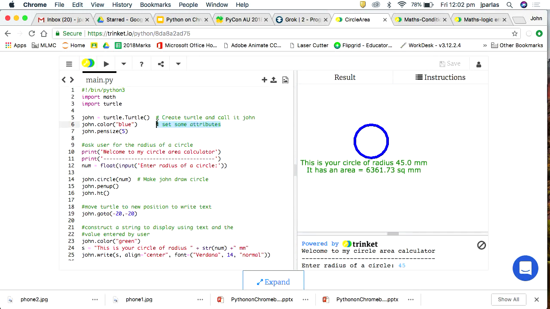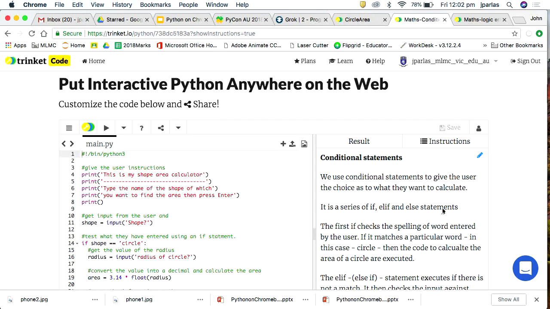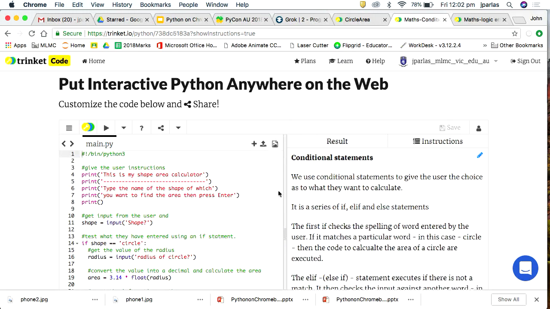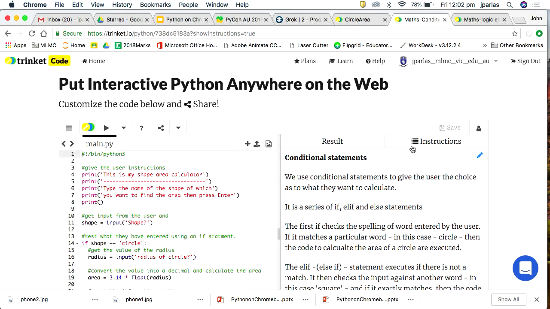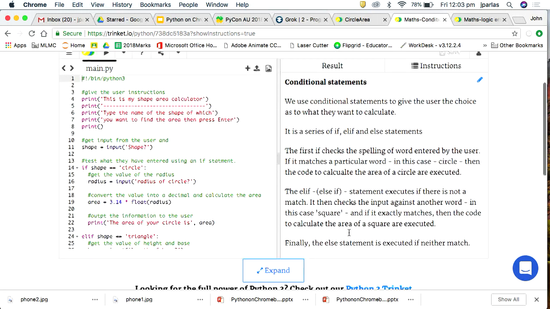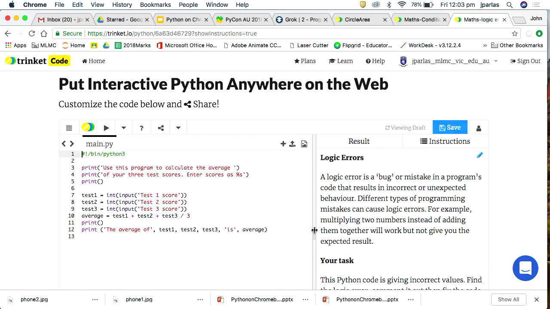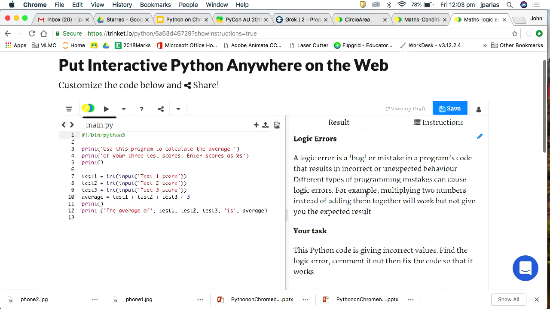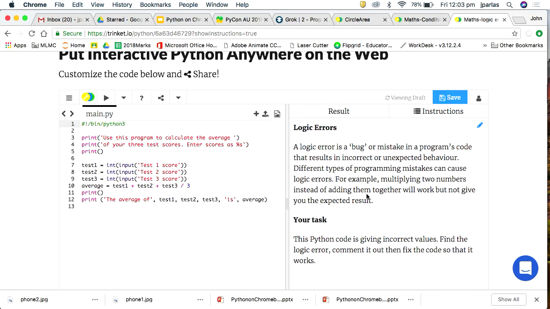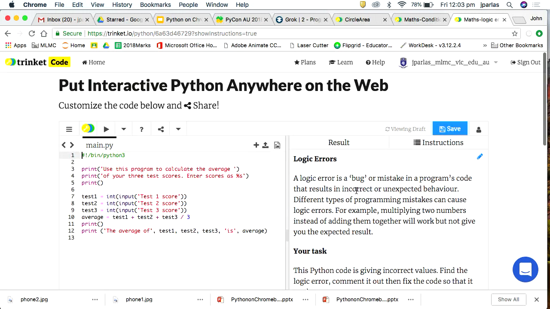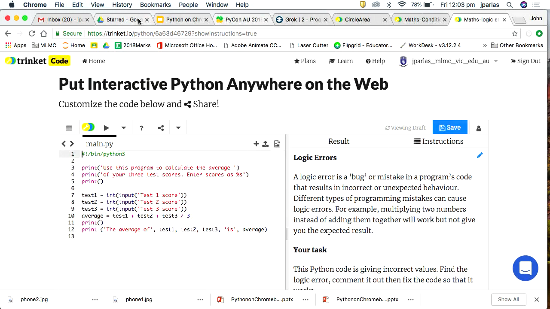Asking the kids to comment their code, to demonstrate their understanding of what was going on. With Trinket as well, you could ask it to fire up and present the instructions straight away. So you could give them some theory work on conditionals, for instance, or you can give them problems like this one where, hey, look, there's a logic error, go through, fix it, and show us what the issue is. So they're just some examples of how